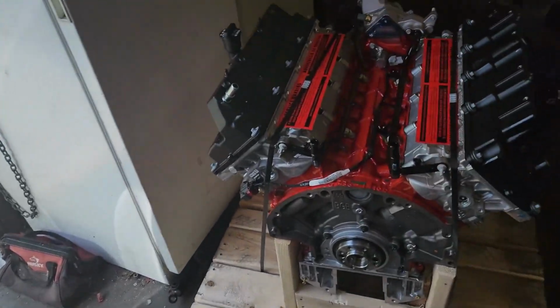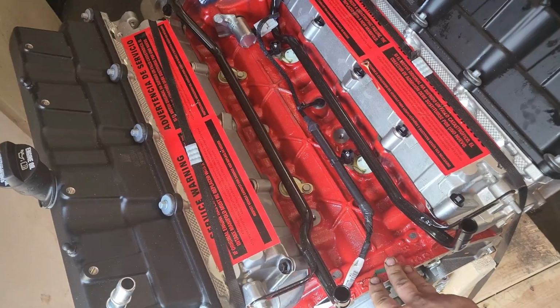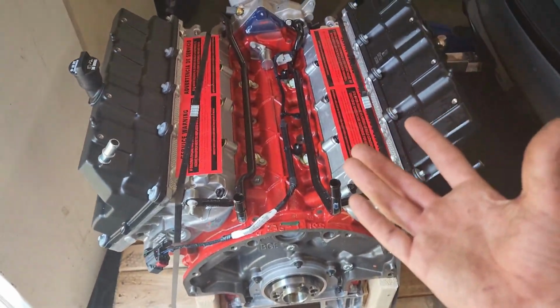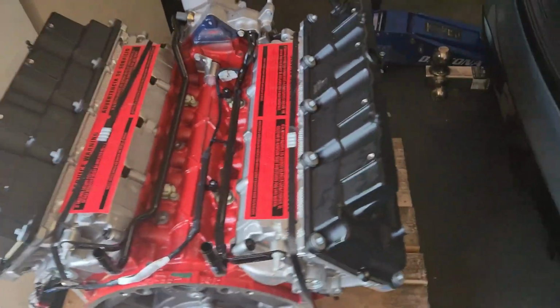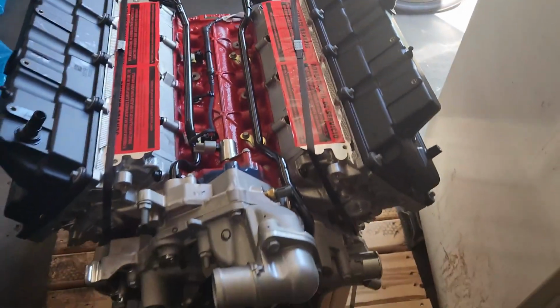And actually, when the motor showed up, we got a little surprise. Turns out this apparently is a Demon motor. So it's still the same 6.2. Obviously, you can tell by the red painted block and the black valve covers, this motor is a little different than the Hellcat motor we're pulling out. Obviously, displacement's the same, pushrod technology, that's all the same, but